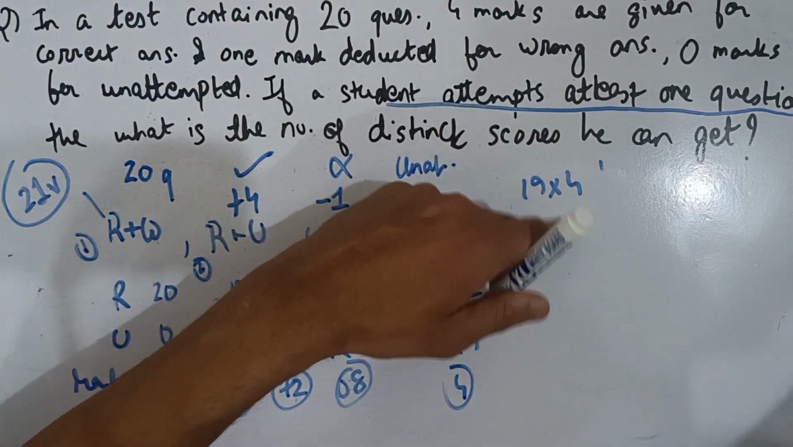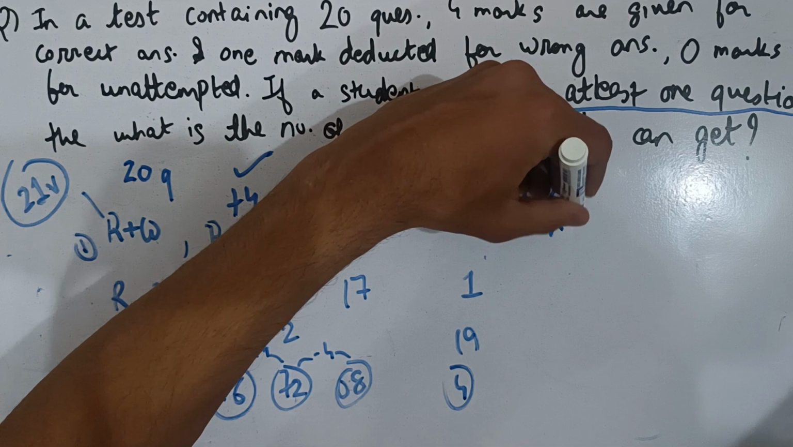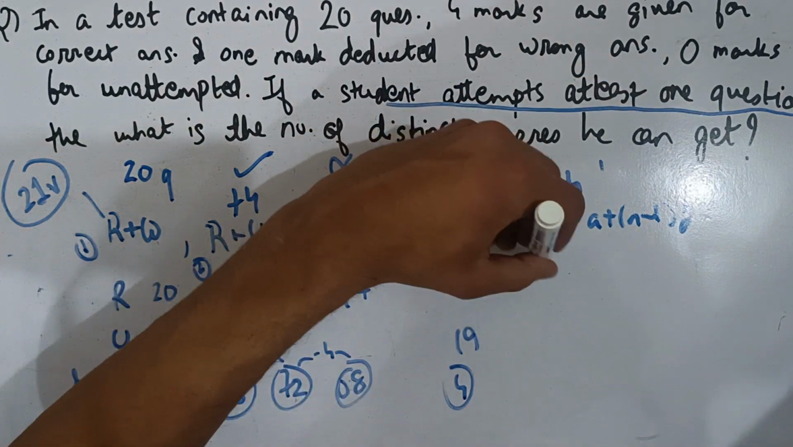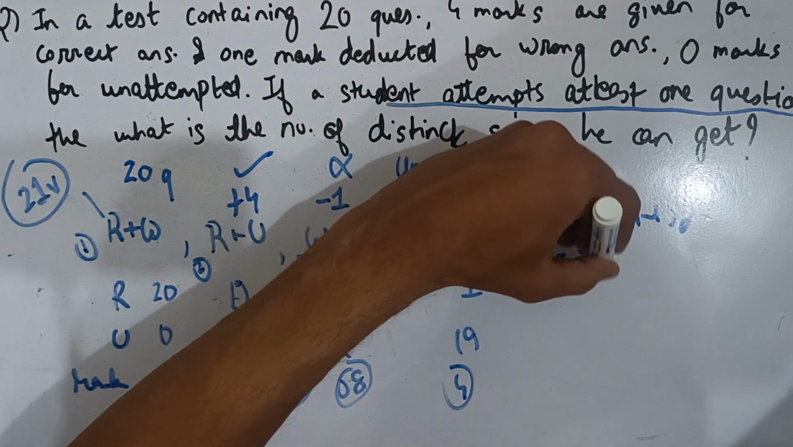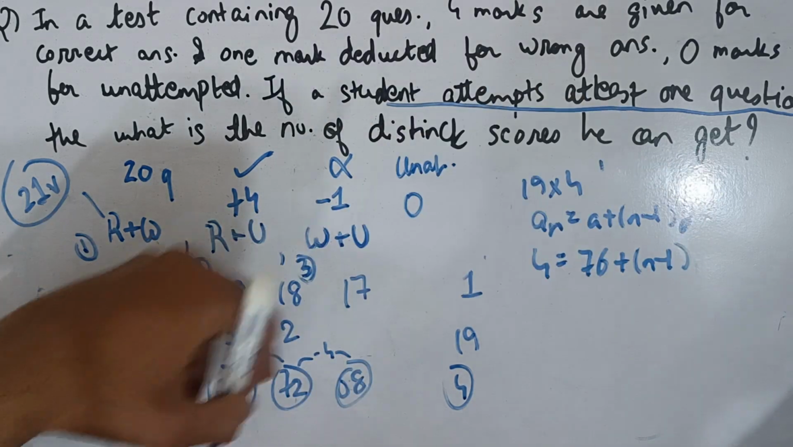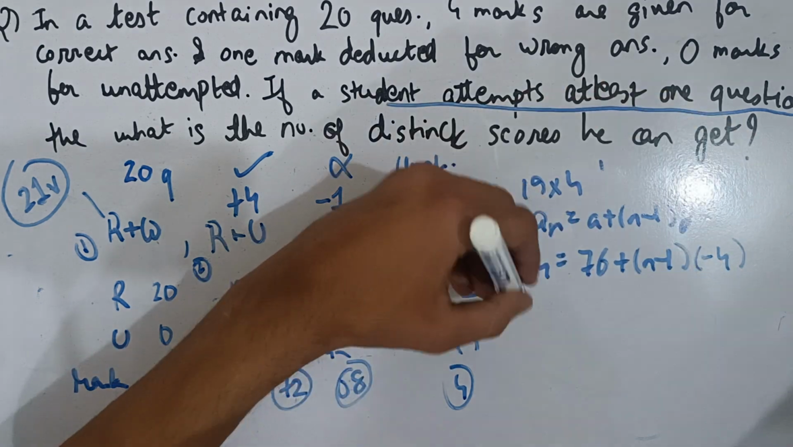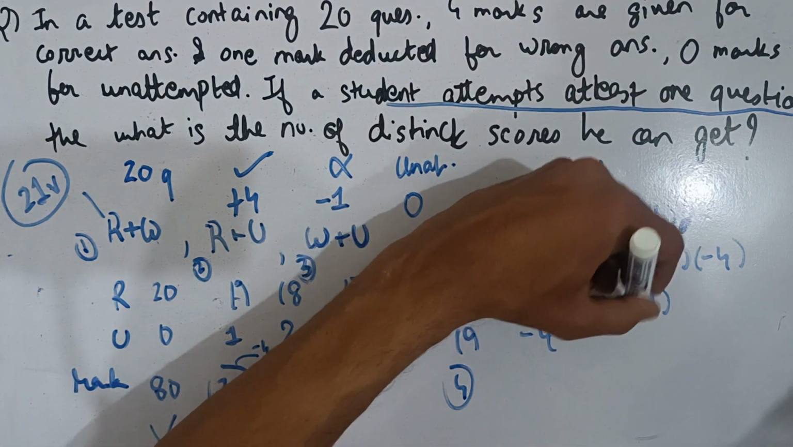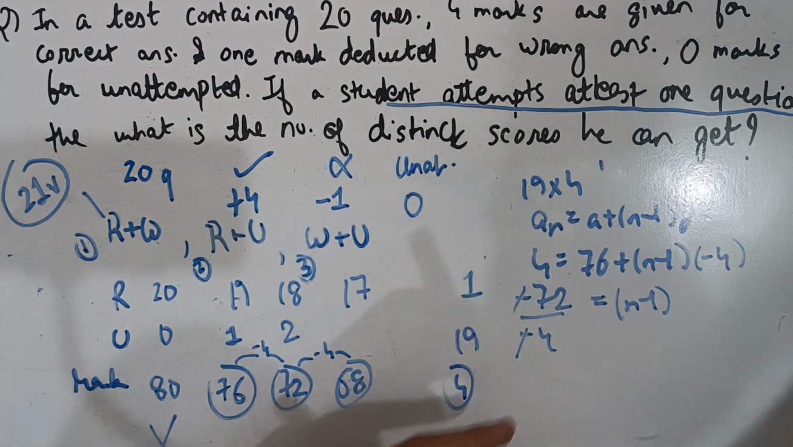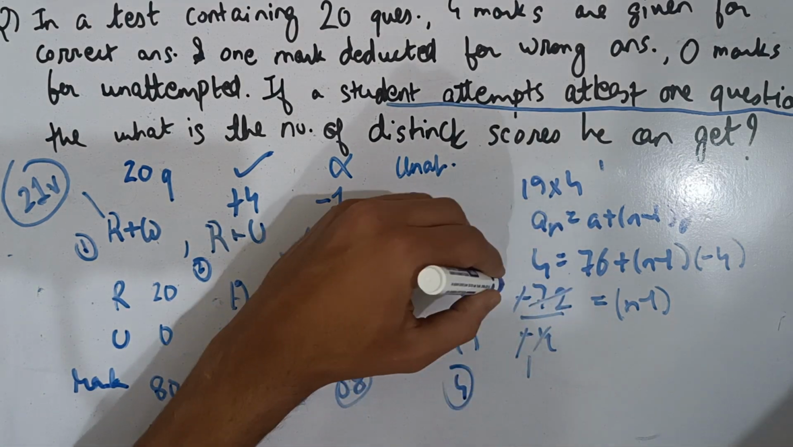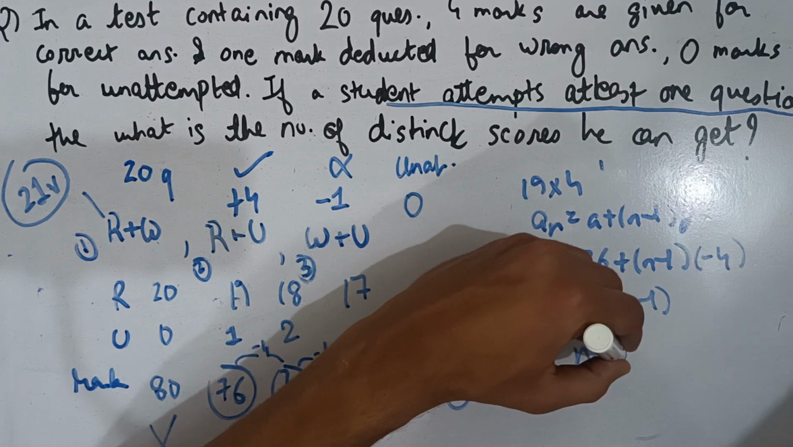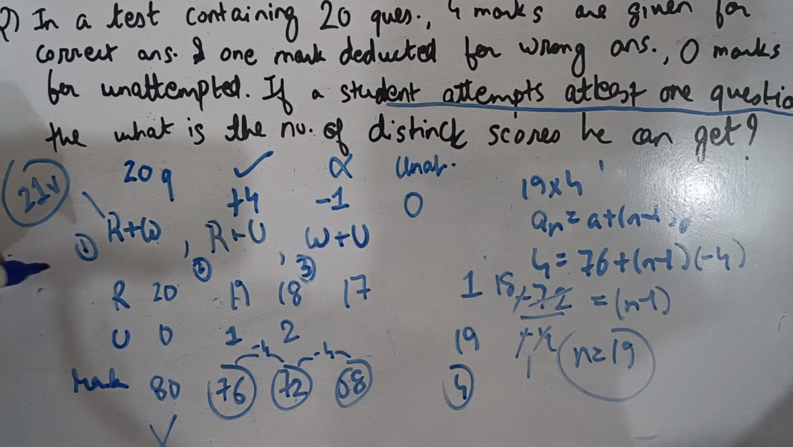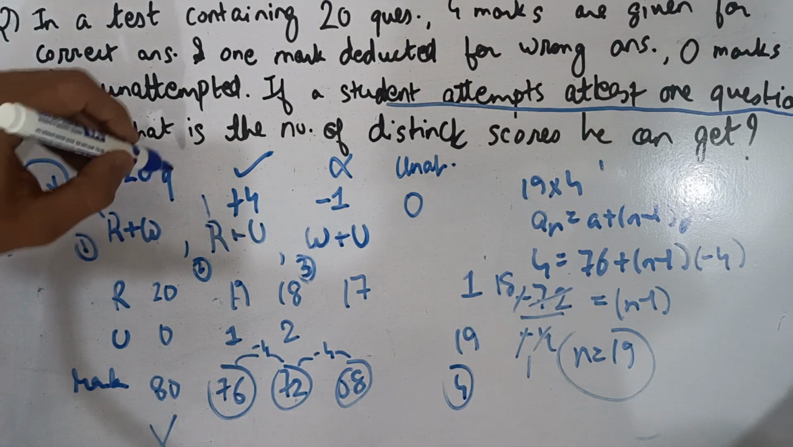So we can again find the number of terms, that is n. An is equal to a plus n minus 1 into d. What is your an? Last term is 4. A is 76, plus n minus 1, and what is your d? -4. Solve this and you will get -72 divided by -4 is equal to n minus 1. Minus and minus get cancelled. 4 ones are 4, 4 eights are 32, and n is 19. We get n is 19. So the number of values in the second case is